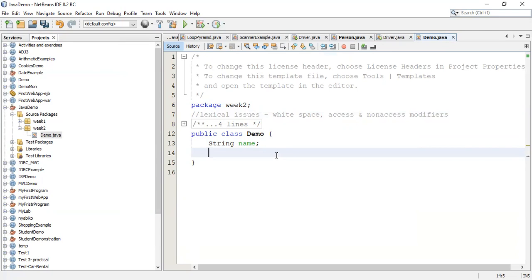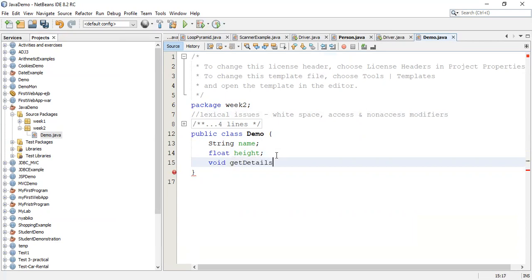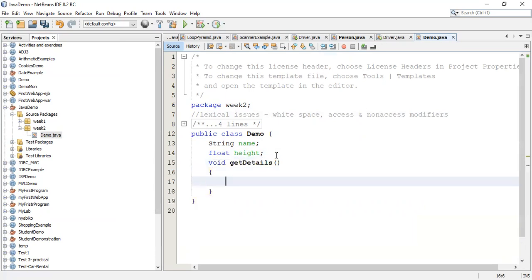Let me say float height, just these two. Okay. Now let me have a method here. I'll call this method void details. Get details. And in this get details,